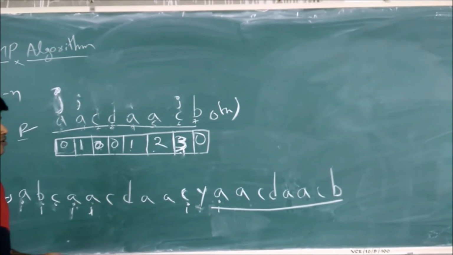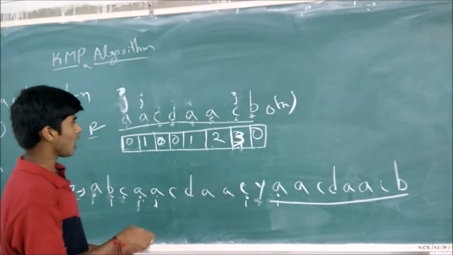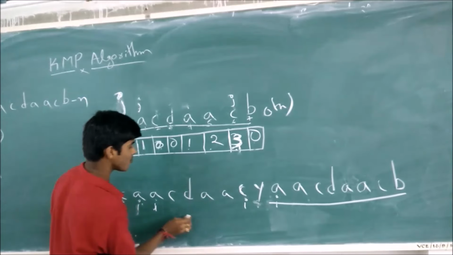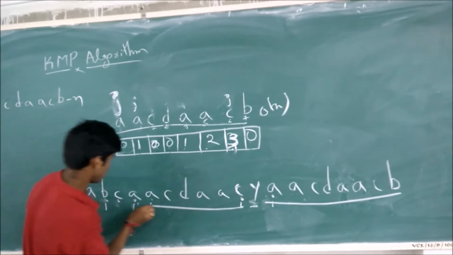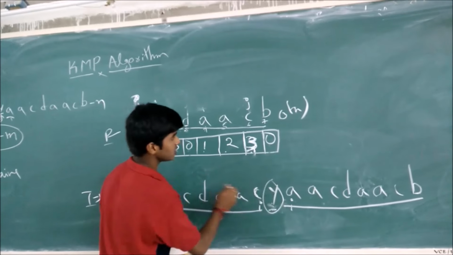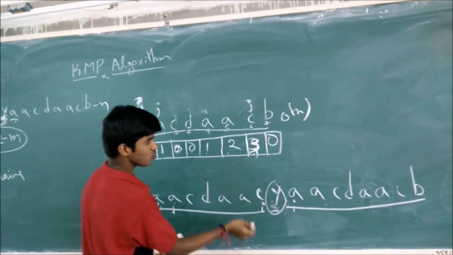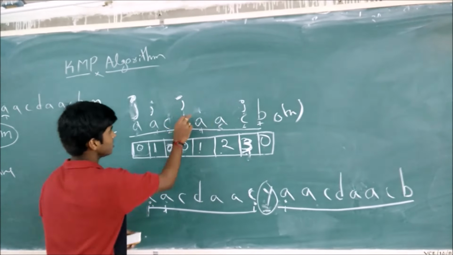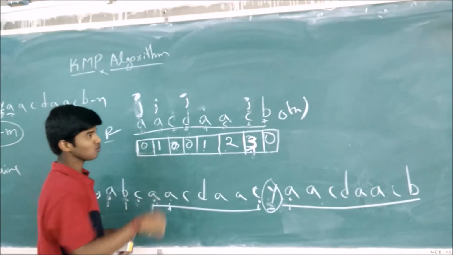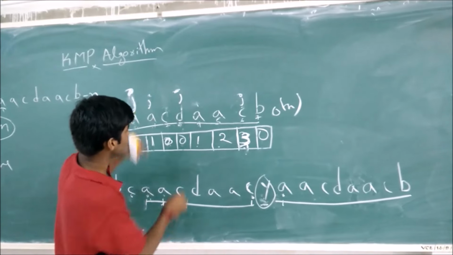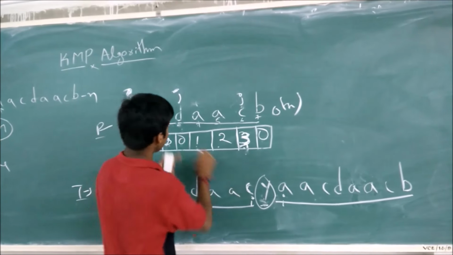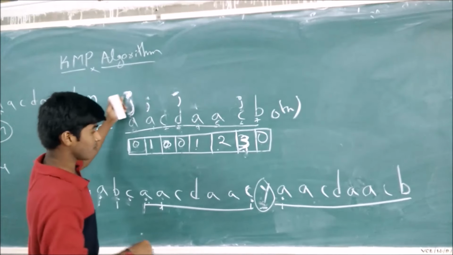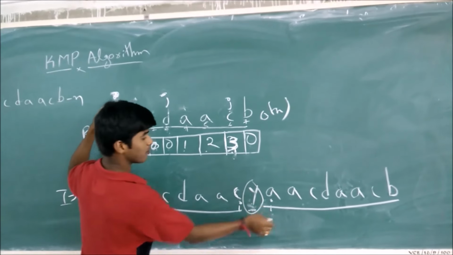Certain iterations can be brought down, and here you can see that, as we have matched till here, the only characters that didn't match were B and Y. So we shifted to the third position in the pattern rather than again starting from the beginning of the pattern. So we try to match from the third position onwards. As it again didn't match, we shifted our position to the first, and from there onwards we started comparing.